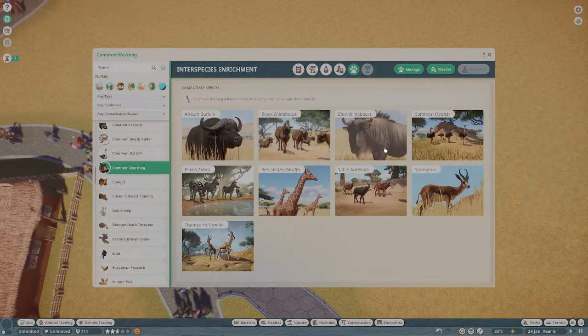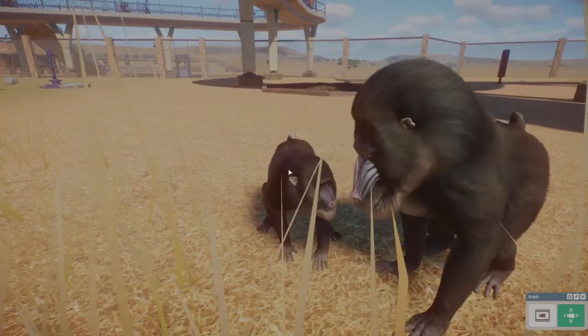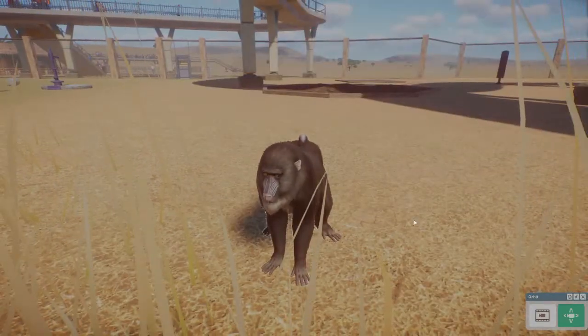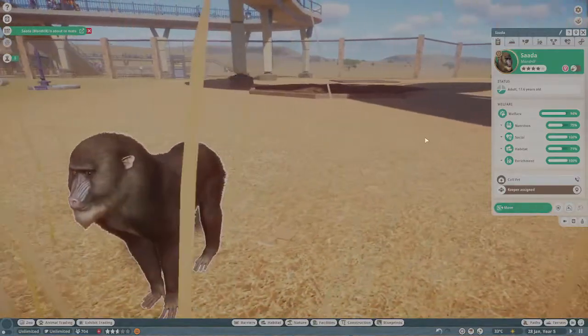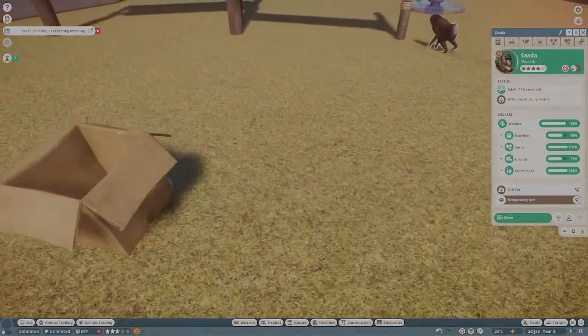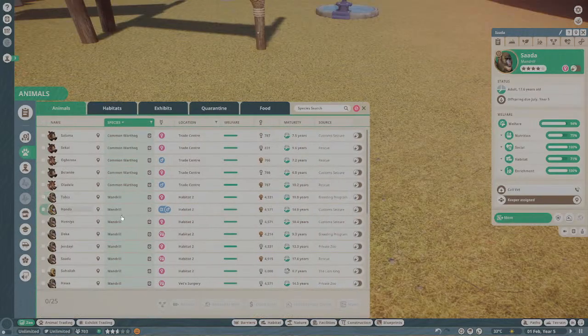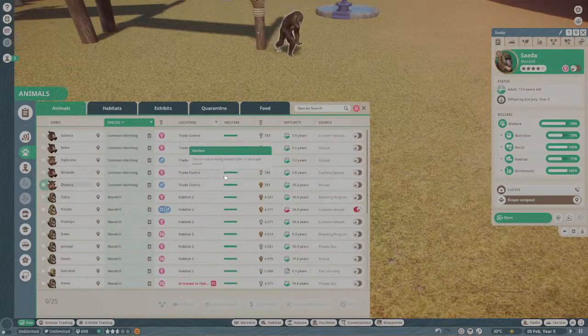And then I know obviously we've got black wildebeest in there. Look, they are banging like crazy, ain't ya? Alright. I'm an idiot. Where's the male? Now I don't need to give it to the woman. It's simple. Obviously they will start dying off eventually, but...